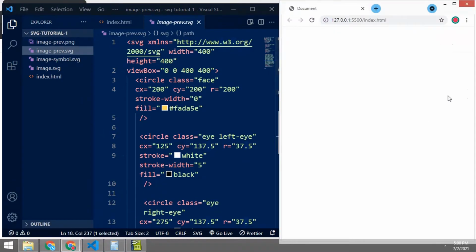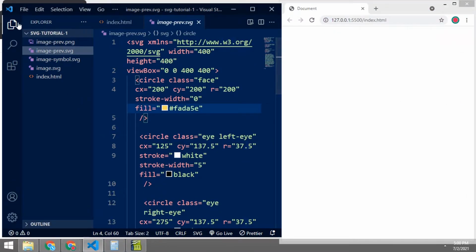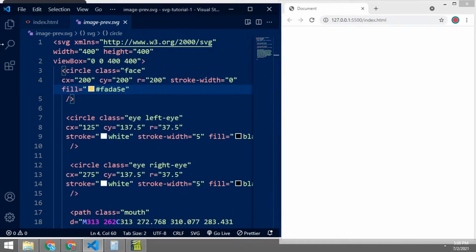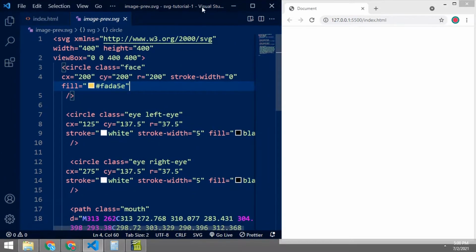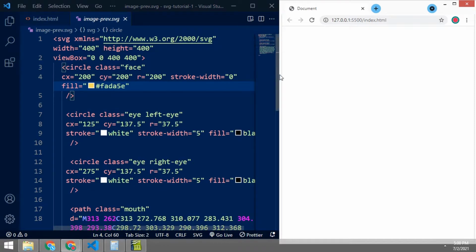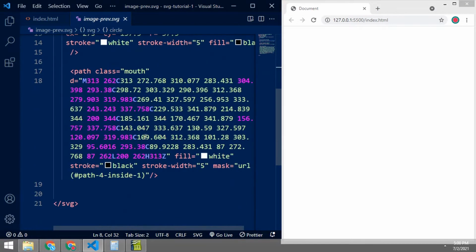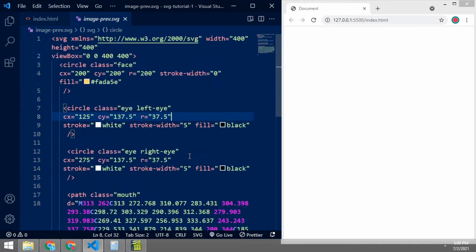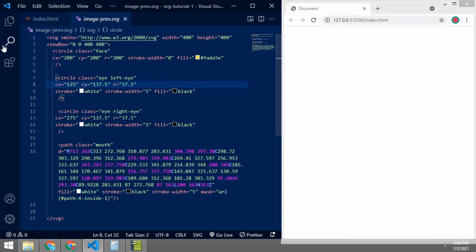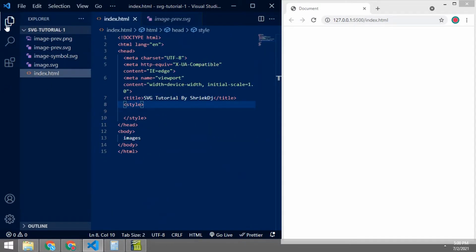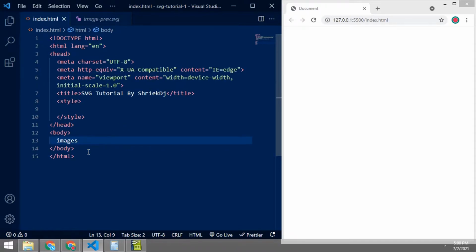Then we have to save it as per the content. So how can we write an SVG? We will talk about how to write an SVG later.